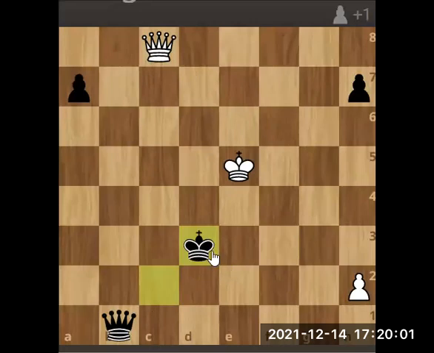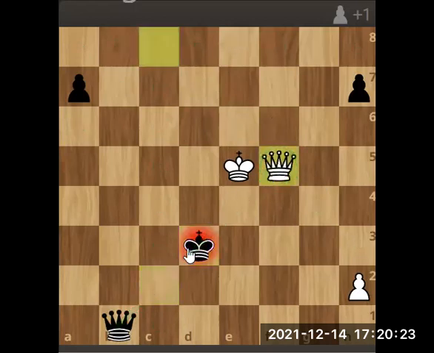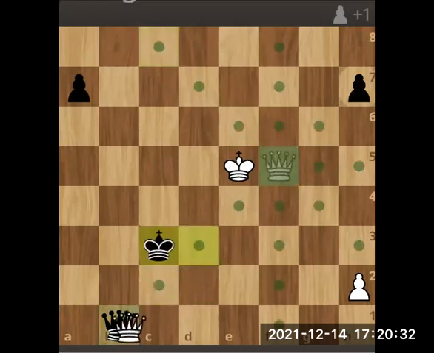What we can see is that this king and the queen both are along the same diagonal. So what can we do? We can skewer the king using this queen right at this spot. So what do we do? We give this check and skewer the king. Now it has to move out of the way. It can't go here. So this queen is exposed now. So say it moves here and we get our queen.